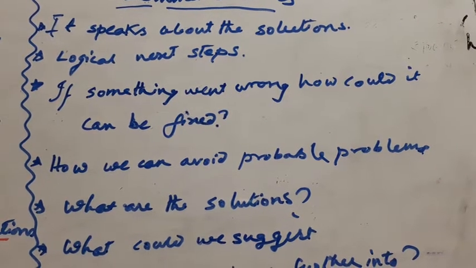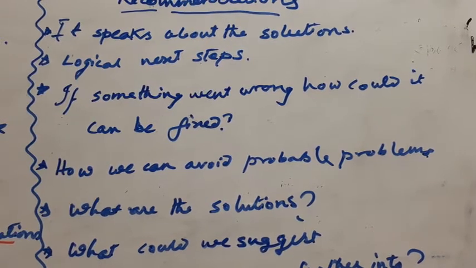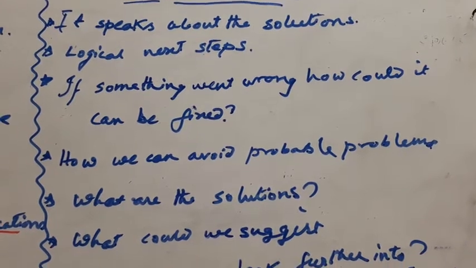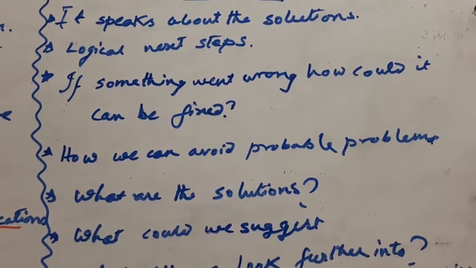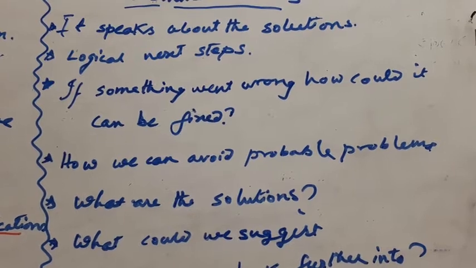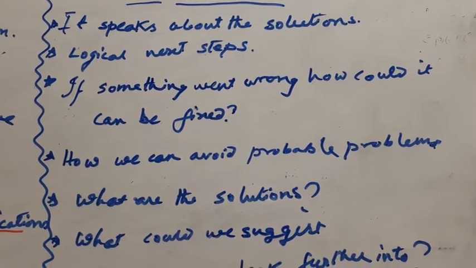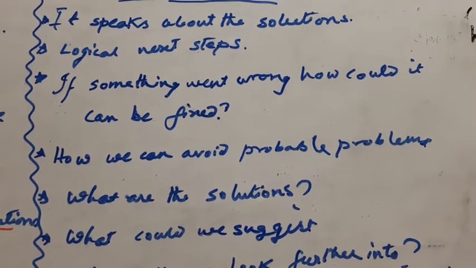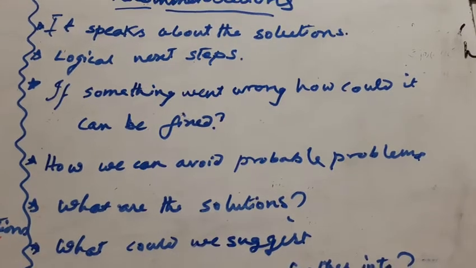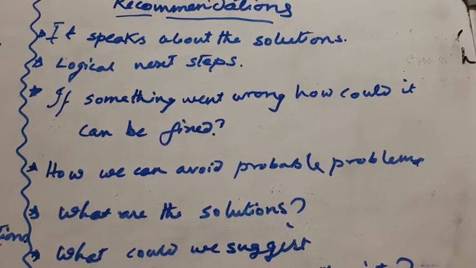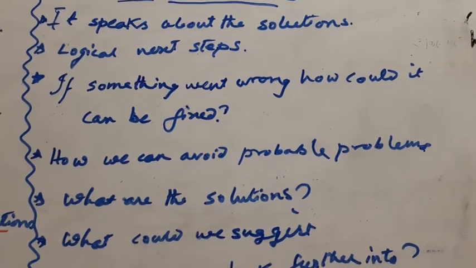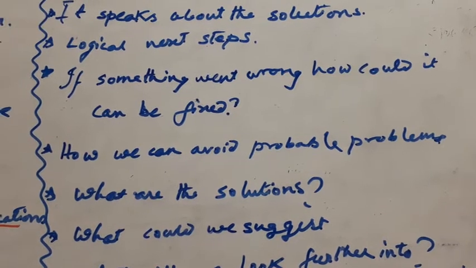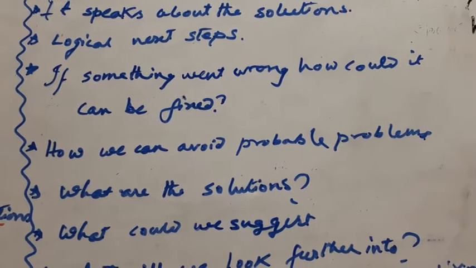Now, the beginning was the scope, where you have provided information, right? Then the procedure, through the data collected or the research you have made. Then the findings, which means what is the cause and the impact. Then you have got to the conclusion, which gives a brief of your entire subject. Then it is a need of the report that you should recommend, right? So it speaks about the solution. So that is the logical next step.